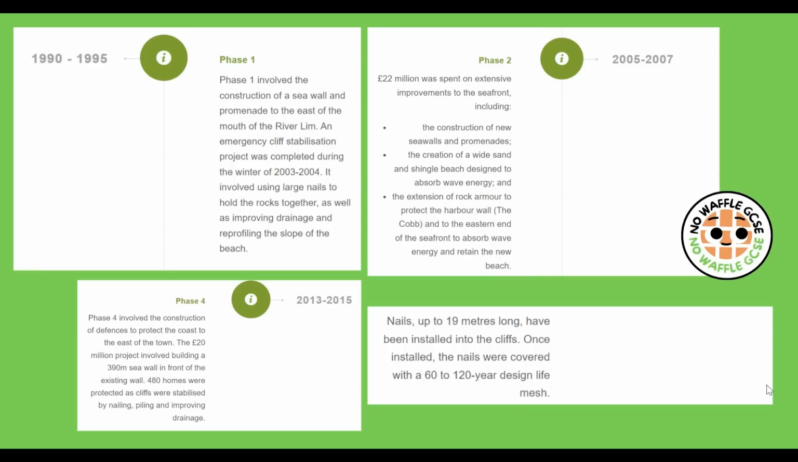So the first phase was involving the construction of a seawall and promenade to the east of the mouth of the river. There was an emergency cliff stabilisation. So the thing that caused all of this to be set in motion about trying to protect the coast is